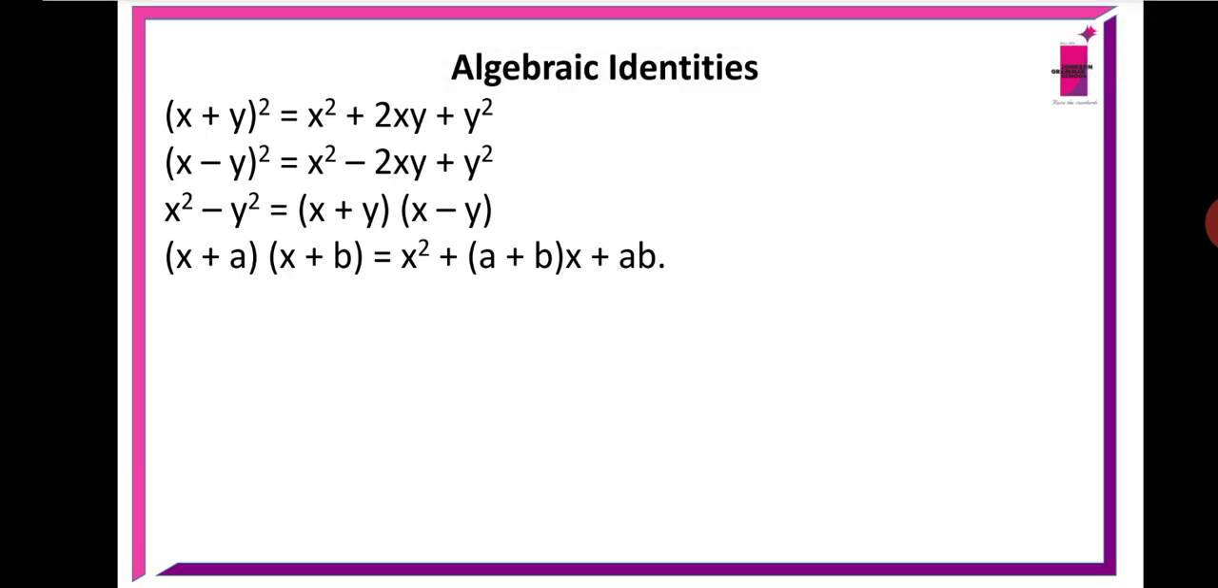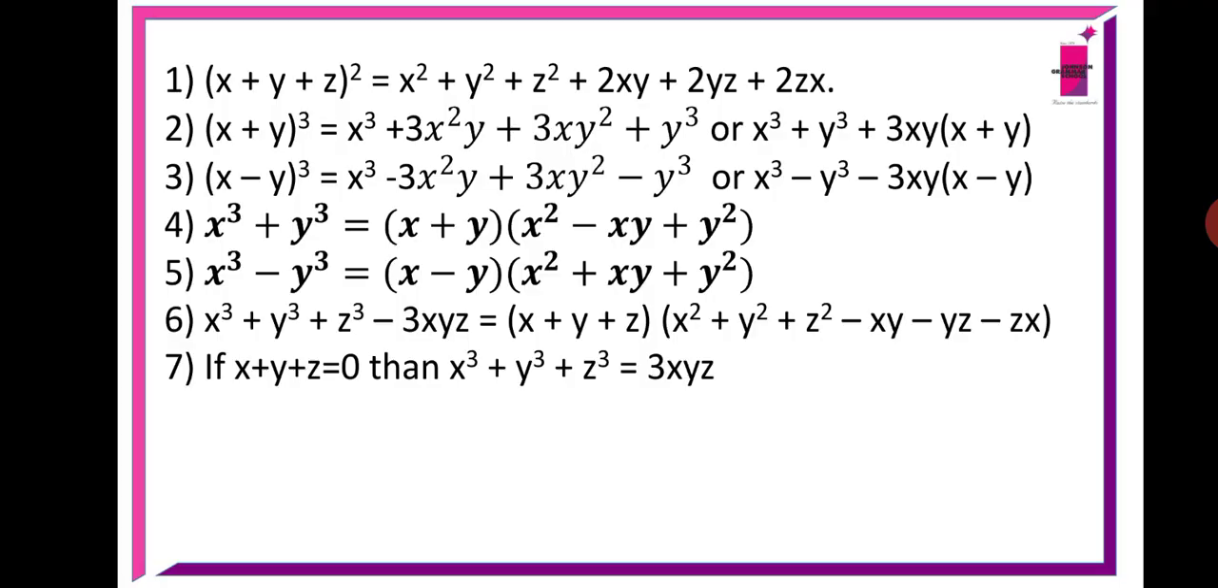Similarly, you have some more identities here which are new to you. You can check with these identities. x plus y plus z whole square gives you x square plus y square plus z square plus 2xy plus 2yz plus 2zx. Similarly, you have identities for x plus y whole cube, x minus y whole cube, and x cube plus y cube, x cube minus y cube,